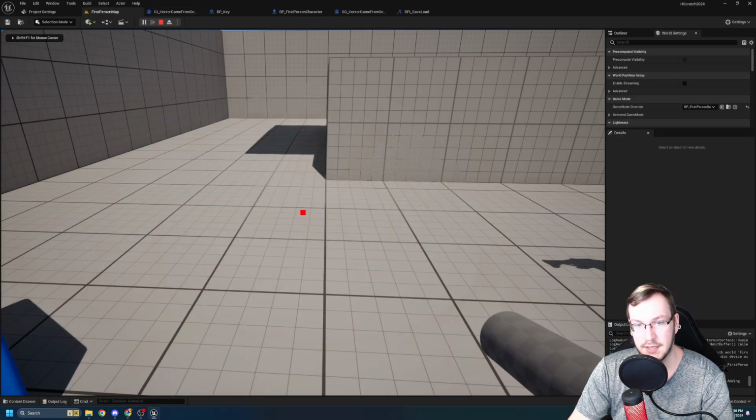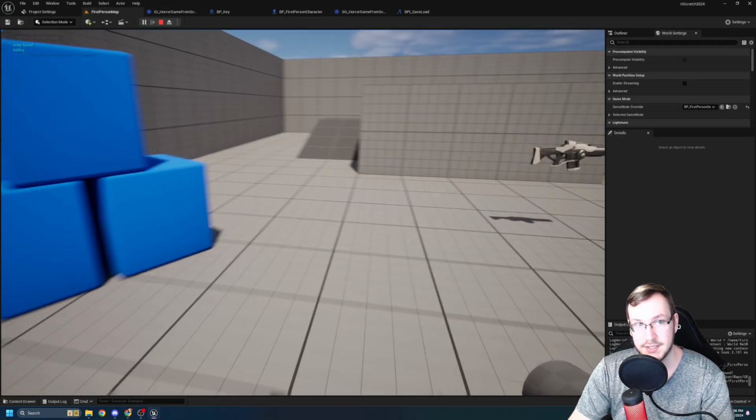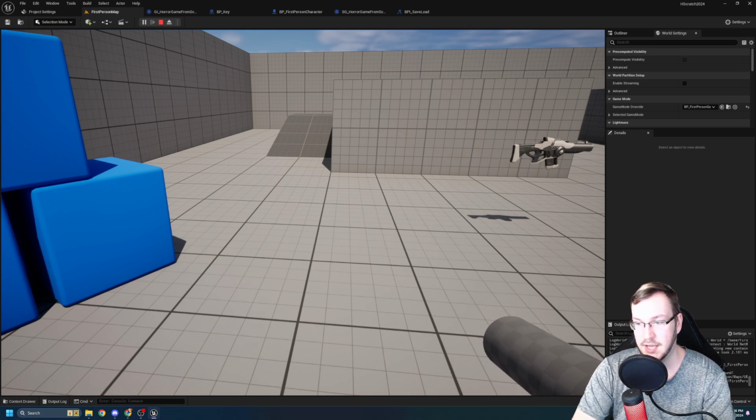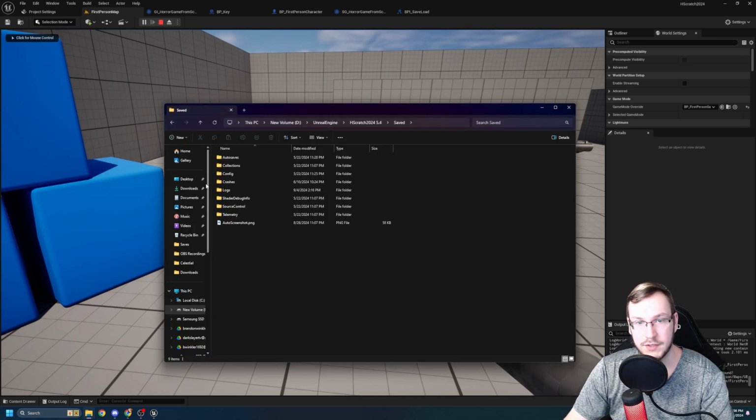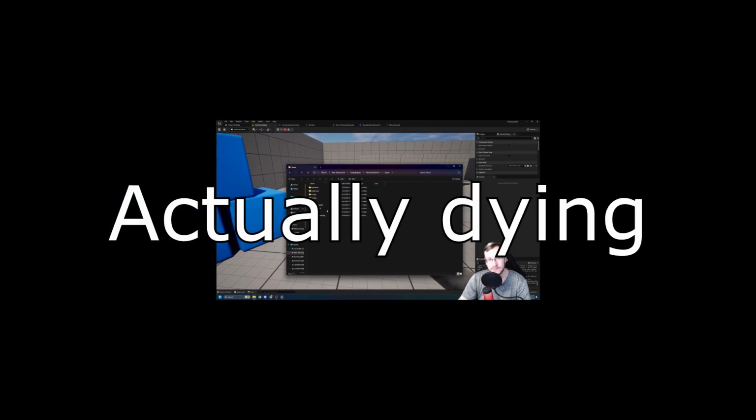We'll run up to the key, pick it up, reload the level. It is indeed in there. So now what I'll do is I'll hit the save button. And now, because I didn't get any errors, if we head over to saved, that folder I told you to open,